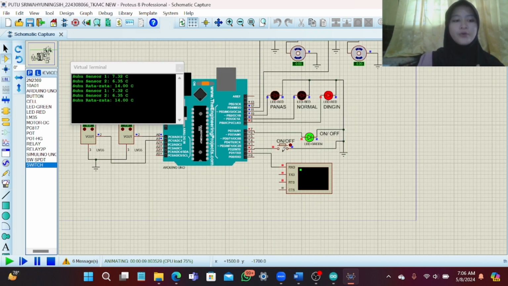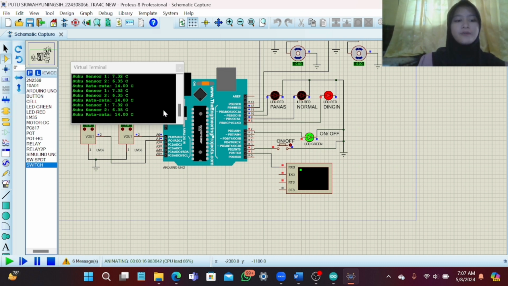Temperature values from temperature sensor 1 and sensor 2 are read by the microcontroller and can be displayed on the serial monitor. Next, the average temperature value of temperature sensor 1 and temperature sensor 2 can be read by the microcontroller and displayed on the serial monitor.